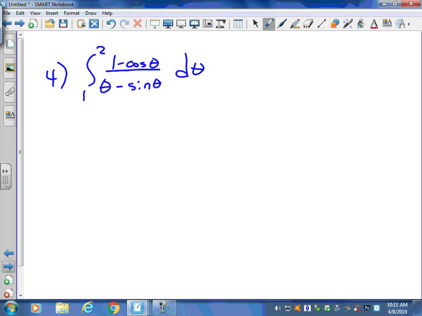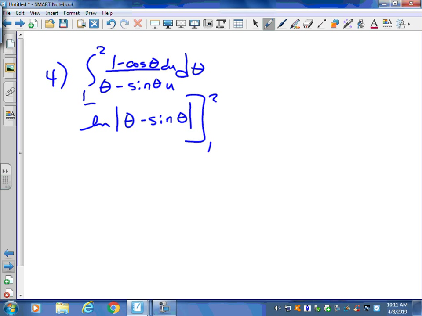Do you think the derivative of u on the bottom is on the top? Yes. Is it all good? Every little piece? I think I don't need anything? Okay, so theta becomes 1 and sine becomes cosine, and I don't need to add an extra negative because it started with an S, right? Okay, then we got u here and we've got du here, so we're good. This is ln of theta minus sine of theta